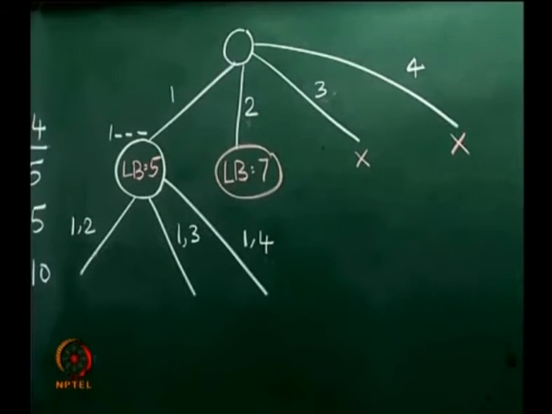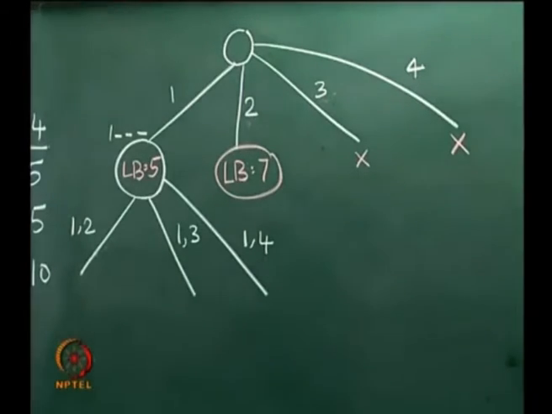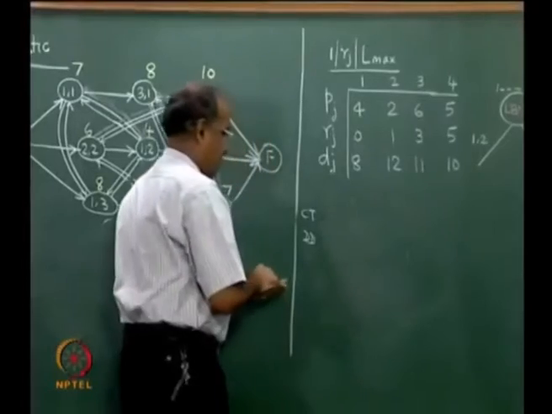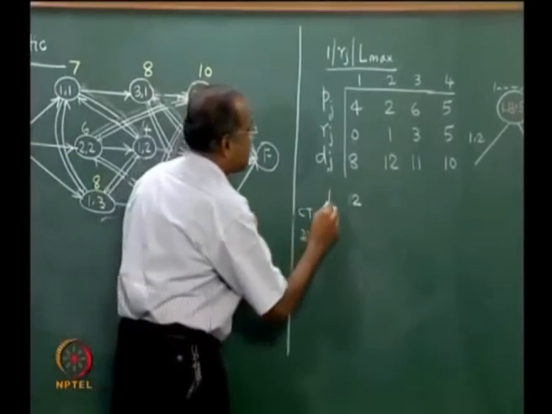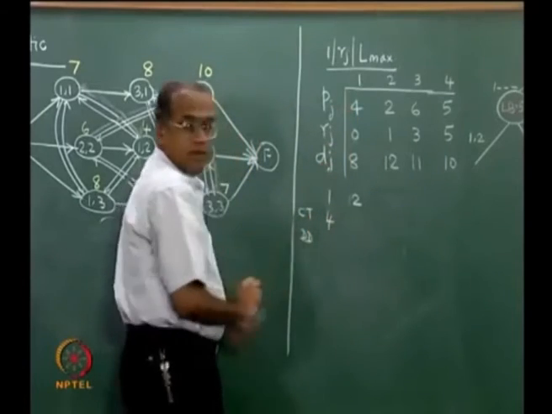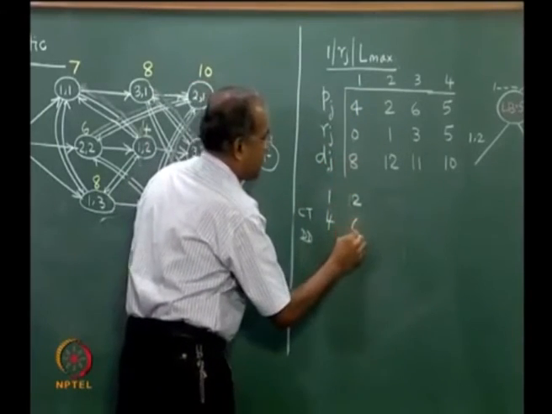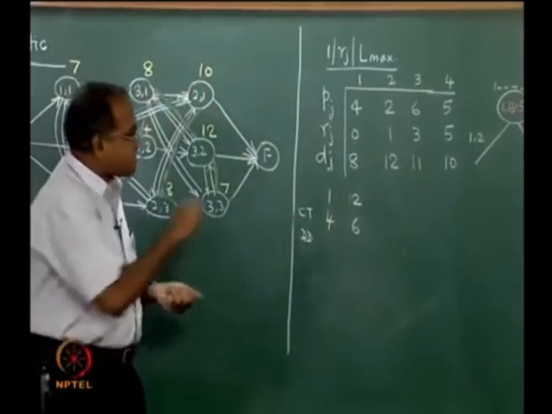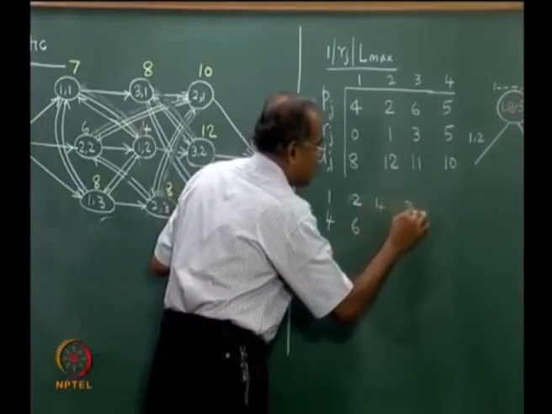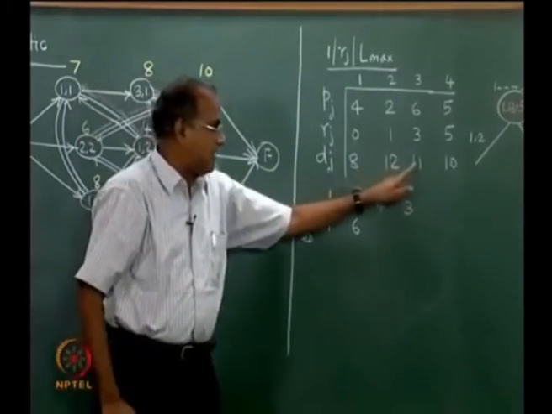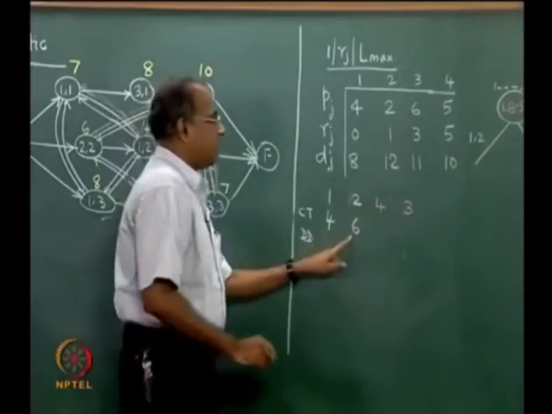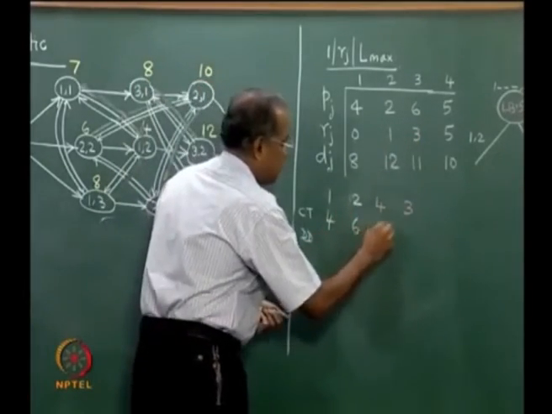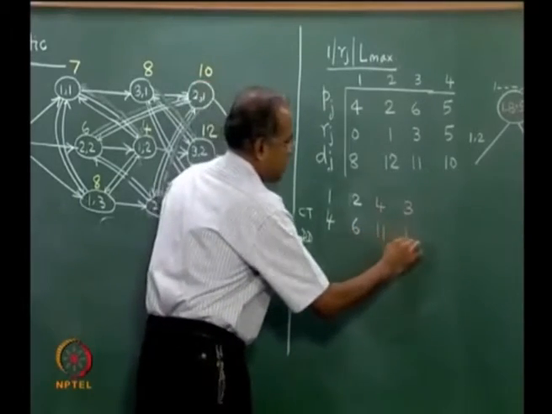Now we can continue this idea of the preemptive EDD. Let me just explain the preemptive EDD for 1 2. So I have 1 and 2 which are fixed. So completion time is, I start at 0, I finish at 4, by which time this is available. So 4 plus 2, 6. Now based on a preemptive EDD I will do 4 and 3, because the remaining due dates are 11 and 10. So I will do 4 and 3. Now at time equal to 6 this is available, so this will become 11 and then this will become 17.